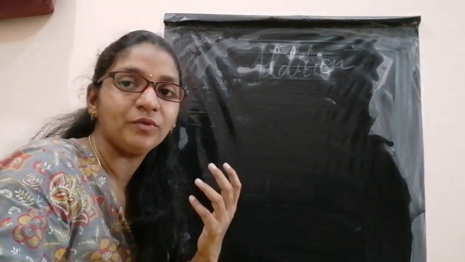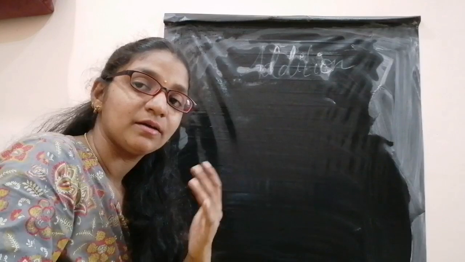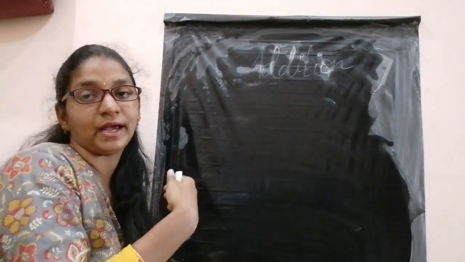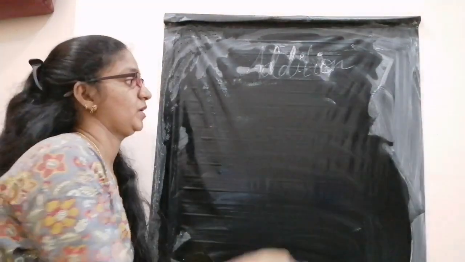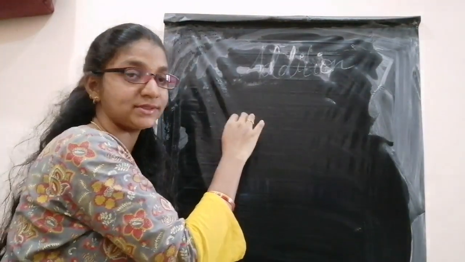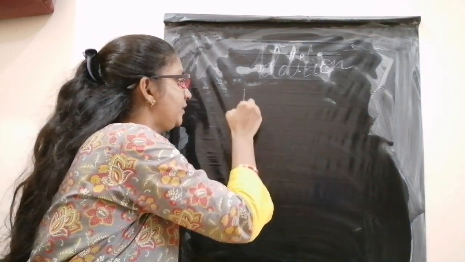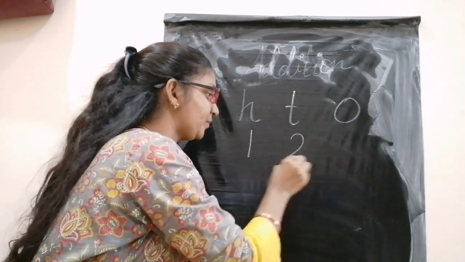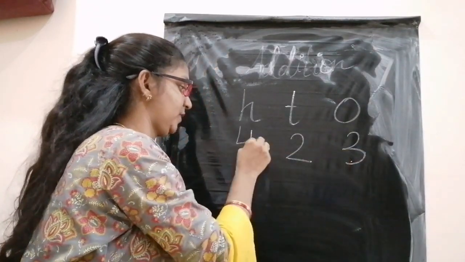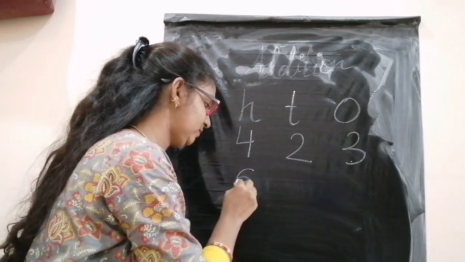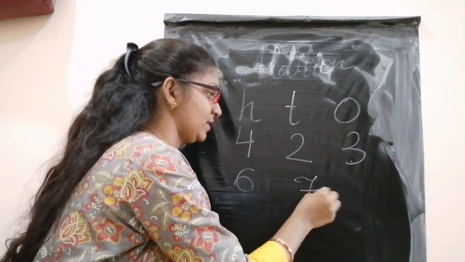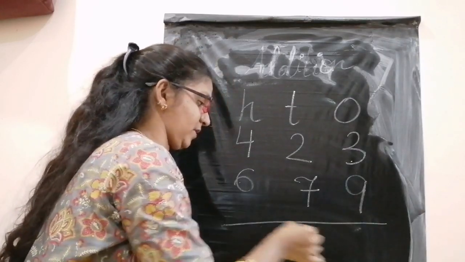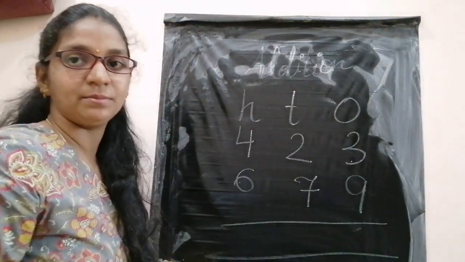When we get carrying, that means when the sum of two numbers is more than 10, then we will do carrying to the next digit. So let us take a 3-digit number. Same: hundreds, tens and ones. So 423 and 679. Let us take numbers like this.